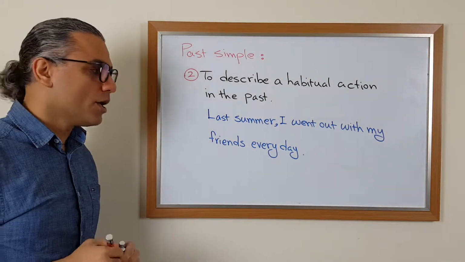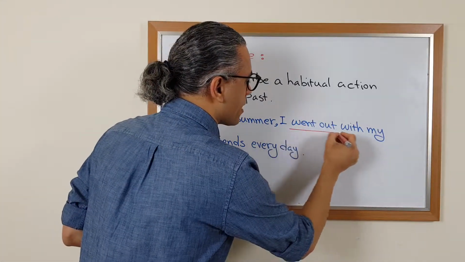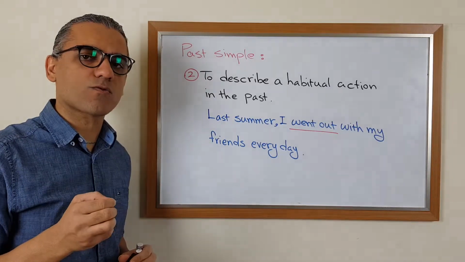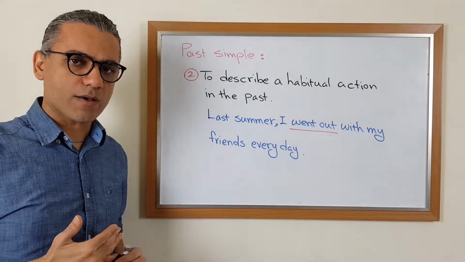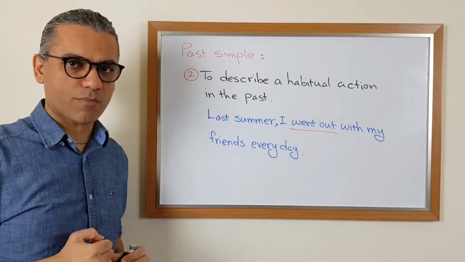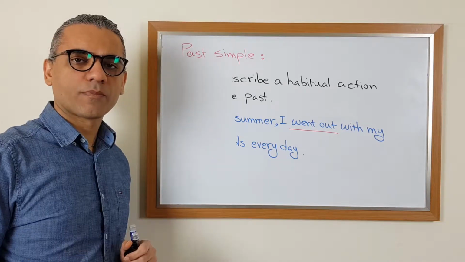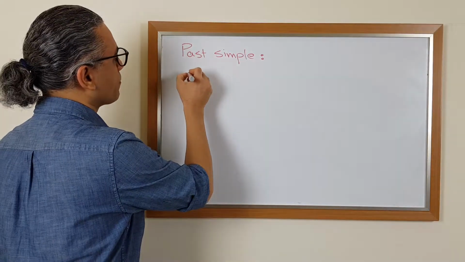In here, again, your sentence is in past simple tense. I went out with my friends every day. And this is describing something which happened on a regular basis in the past, or happened frequently in the past, or happened habitually in the past. Now, the third function of past simple in English, three,